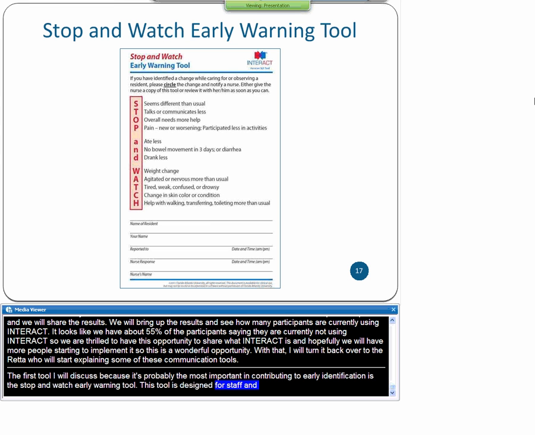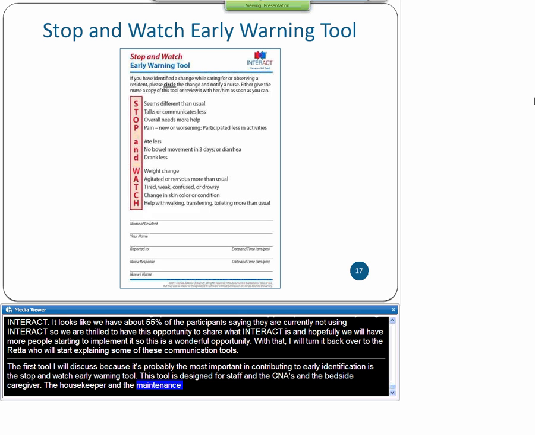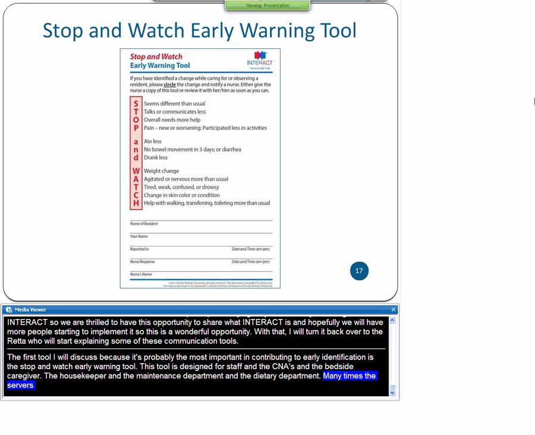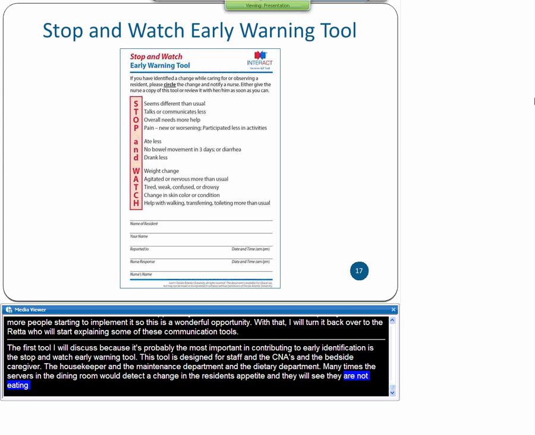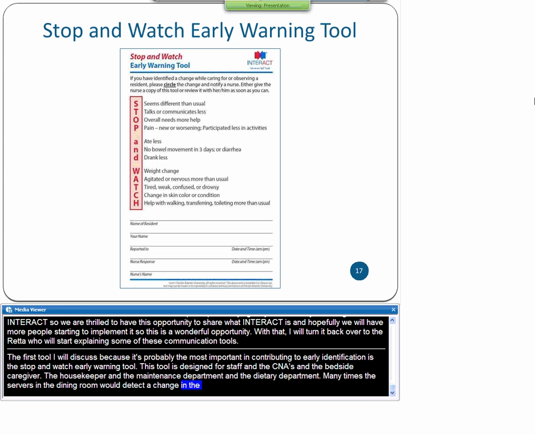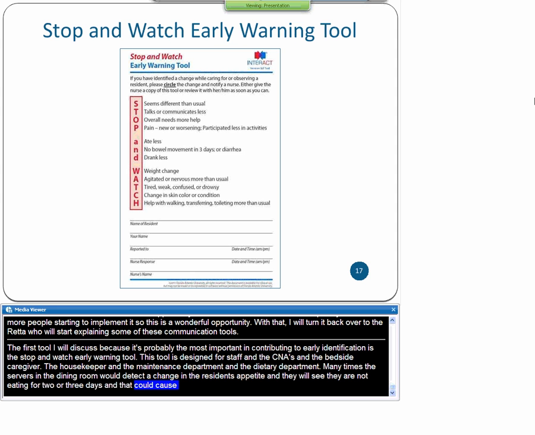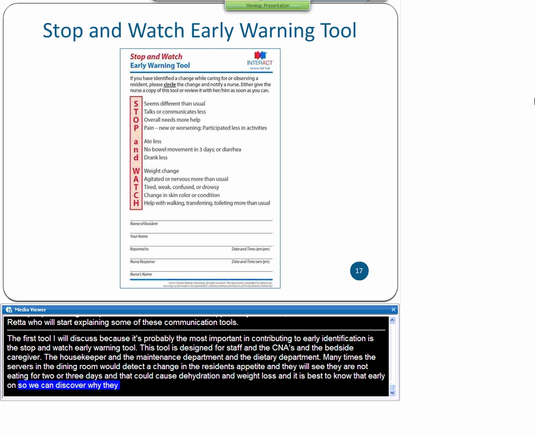Many times the servers in your dining room will detect a change in residents' appetite, will see that they're not eating for 2 or 3 days, and that could herald a great many problems with dehydration and weight loss, and it's best to know that early on so that we can discover why they're not eating. But another important member of your team is the family member. When somebody is admitted to your